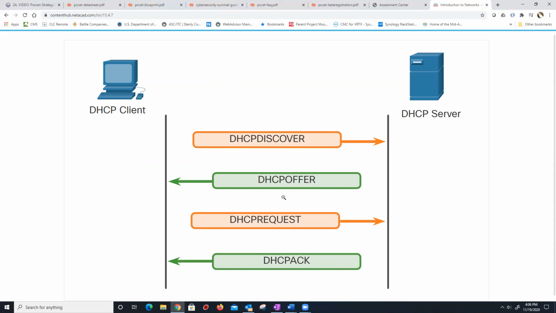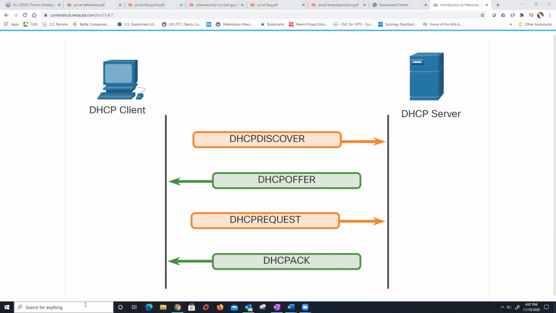scopes. The client will then request that address and say, hey, that's a mighty fine looking IP address. Do you mind if I use it? In which case the server will then say, yes, you can use it, and will send a DHCP acknowledgement. At that point, after the DHCP ACK, the client can bind that dynamic address to its IP address stack and will have an IP address on